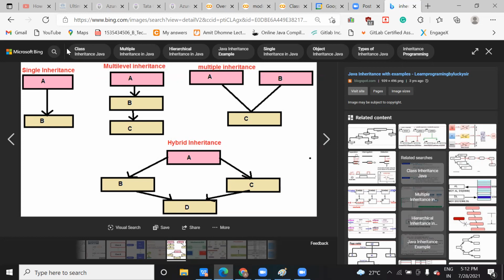Now you can see this multi-level inheritance. In this multi-level inheritance, this is your parent class, and B and C are your child classes. It means that you are inheriting the property of A into B, and then you are inheriting the property of B into C. Inheriting the property is nothing but reusing the code, methods and variables of B in C, just like we are doing here.